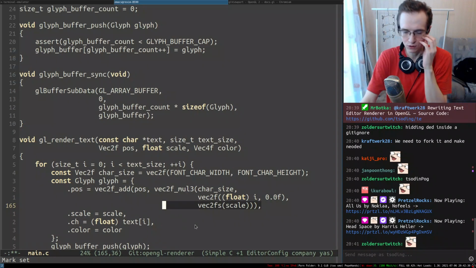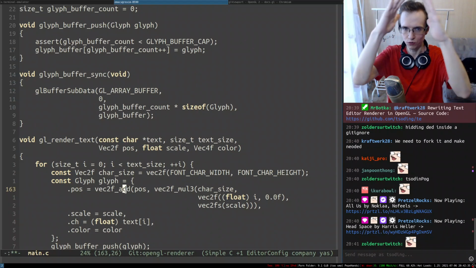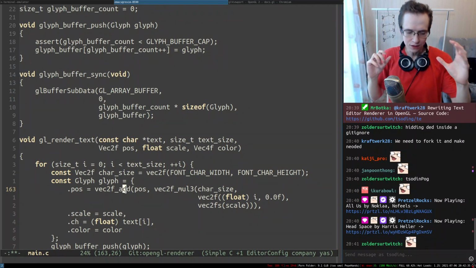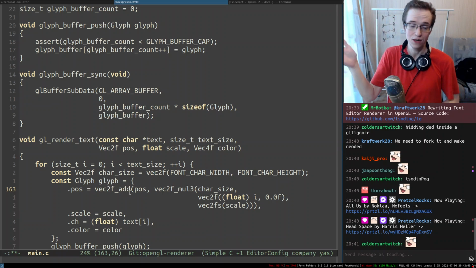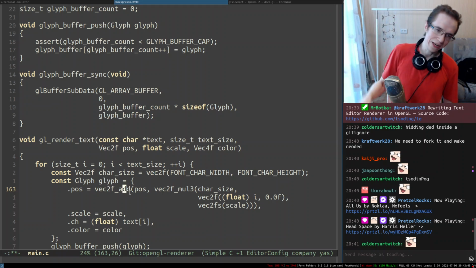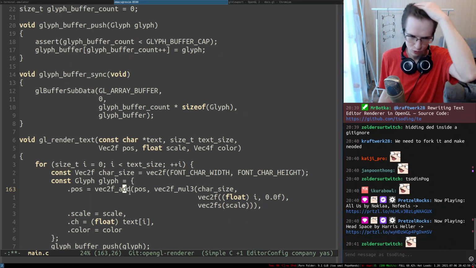I can just tell the shader: this is the global scale of the font, and this character has to be rendered at this row, at this column of the tiles. And let the vertex shader figure out the positions and stuff like that. So this is one of the things I want you to try to do.